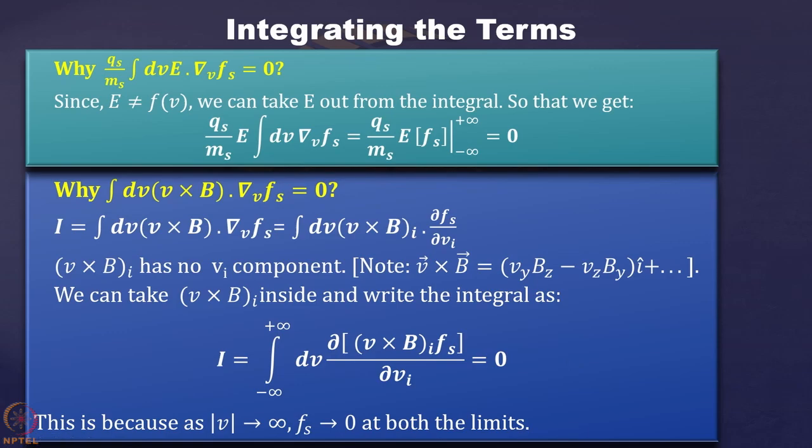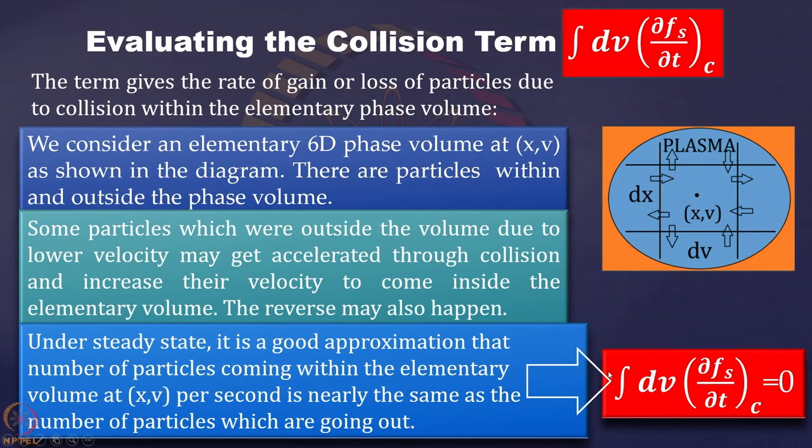So we very smartly integrated this to get the value of the integrand, and we could put the value 0. Then, as I told you, it was important to model this collision term, del Fs del T C. When we were considering a steady state, this integration is basically changing the number of particles per unit time, and that is basically 0, because some are coming in and some are going out.